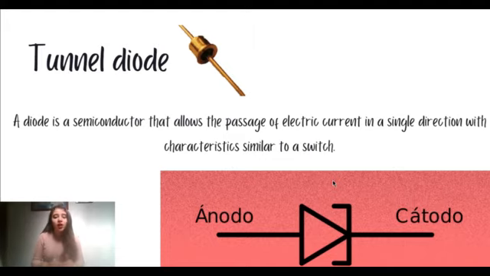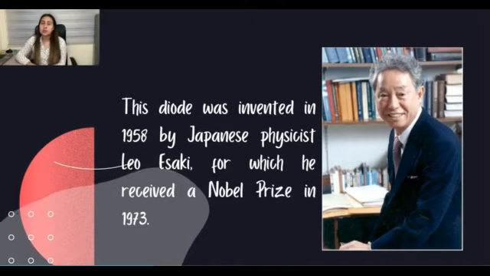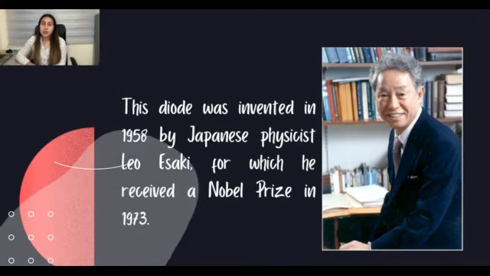The presence of the negative resistance section allowed its use as an active component, amplifier, and oscillator. This diode was invented in 1958 by the Japanese physicist Leo Esaki, for which he received a Nobel Prize in